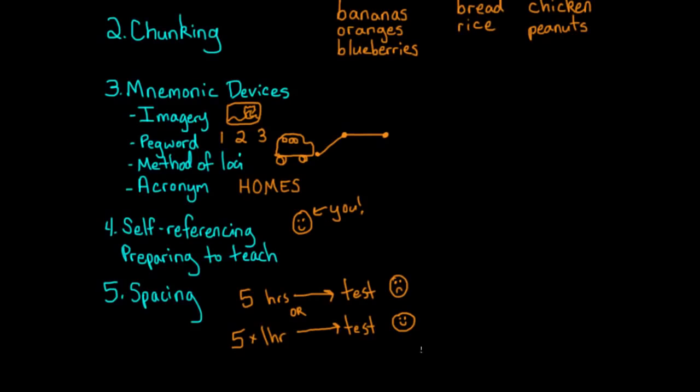And this is unintuitive because if you're studying something for an hour and then you start your second hour, all that information feels really fluent. You're like, yeah, I've got this. I'm really on top of it. But if you study for an hour, wait a day, and then you start your second hour, it feels a lot harder and you realize that you don't know it as well as you thought you did. So one reason spacing is thought to be helpful is because it lets you know what you don't know while you're studying, and it also introduces kind of a form of self-testing, so you're able to prepare yourself better for